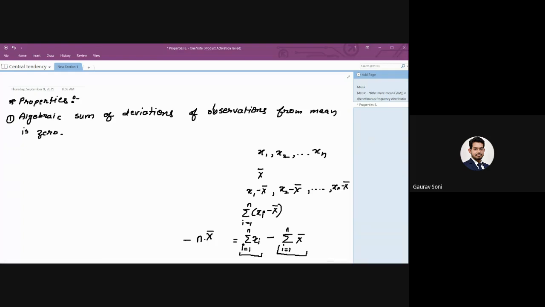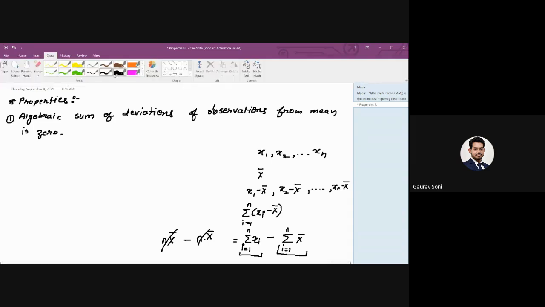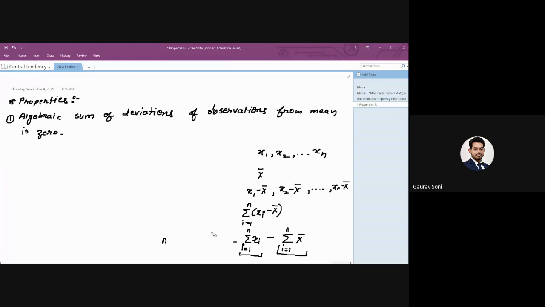What about the first one? Again n x bar, from the formula of mean. From the formula of mean, exactly. So that is going to be n into x bar. Both of them cancel out each other and we get the answer 0. So that is how we can actually prove the first one. Now,